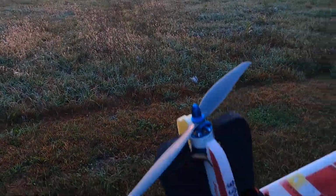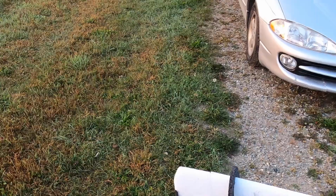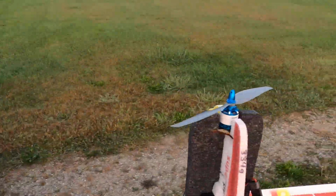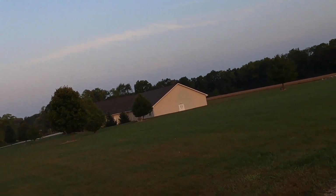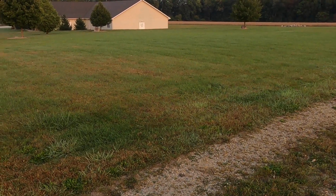Yeah, it's not a bad prop. I kind of like it, but it does seem to have kind of an abrupt start to it. Unlike the HY props, they kind of come on a bit more smoothly. This one just comes on all at once, it seems. Of course, it did that